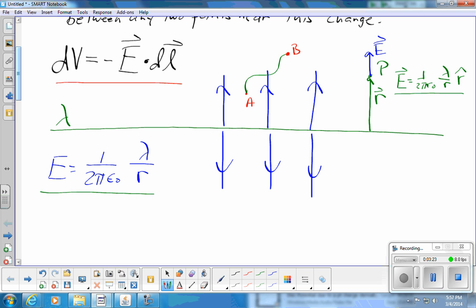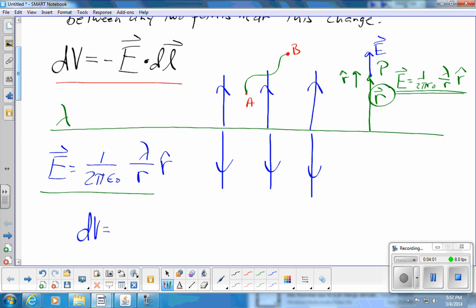And that unit vector is this position vector divided by its magnitude. The unit vector has a magnitude of 1. I'm drawing it off to the side so you can see it. r hat, it has a magnitude of 1, not 1 meter, but just 1. And it simply defines the direction pointing straight away from this line of charge. So now I have this expression for electric field, which is now a vector equation. It gives me the correct direction. So I'm going to go back to this expression over here and make it a vector and put the unit vector at the end. And now I can write the dV,